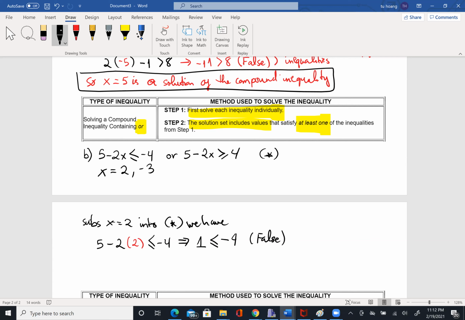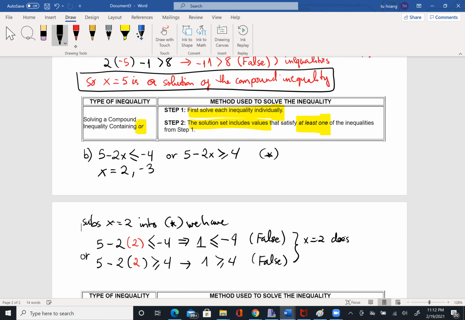Next one, 5 minus 2 times 2 greater than or equal to 4, which means I have 1 greater than or equal to 4. Is that a true statement? This is false. So since x equal to 2